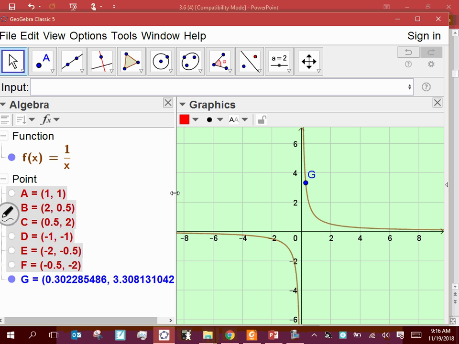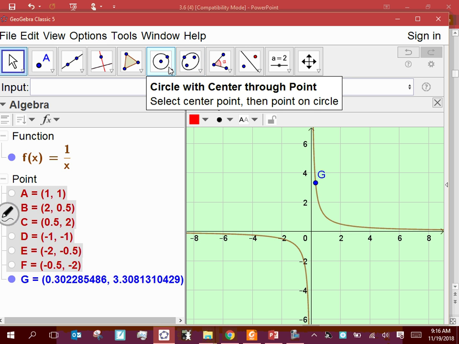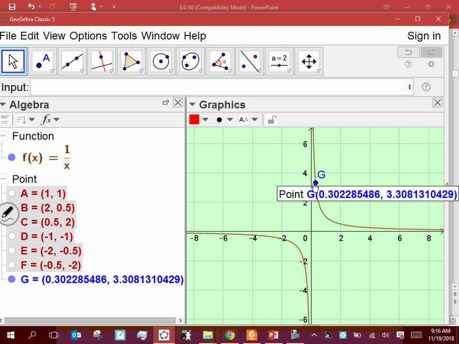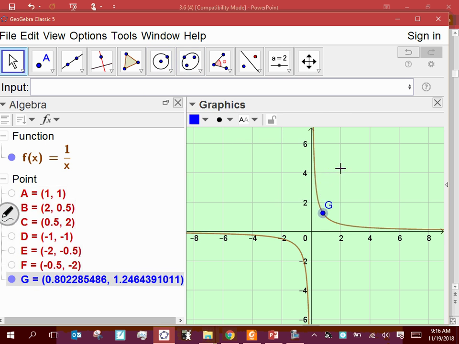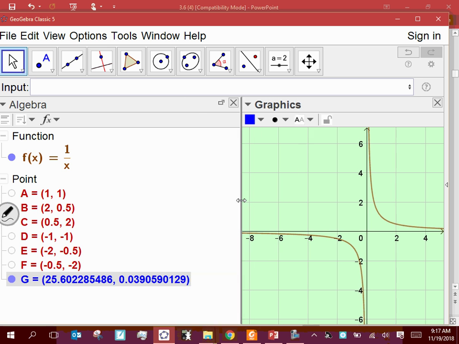Let's just look at that point G. As I move G to the right, the x values are getting larger and larger. What is happening to those y values? They're getting smaller and smaller, right? Okay. Now I've got it set to 10 decimal places here. Right now I'm out to 25 on the x-axis. If I keep going,